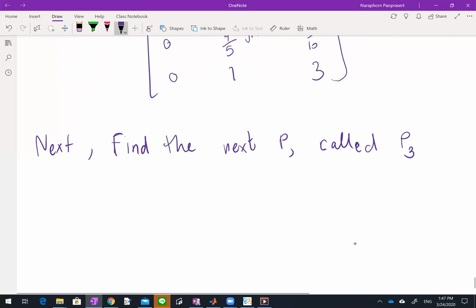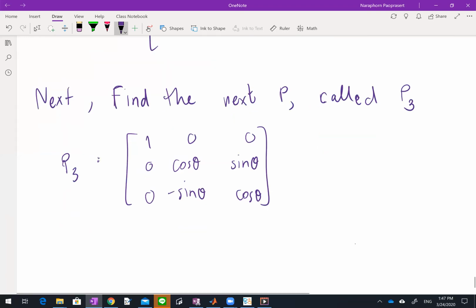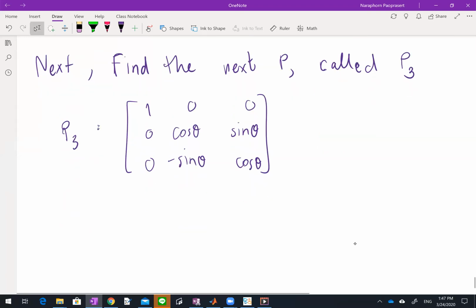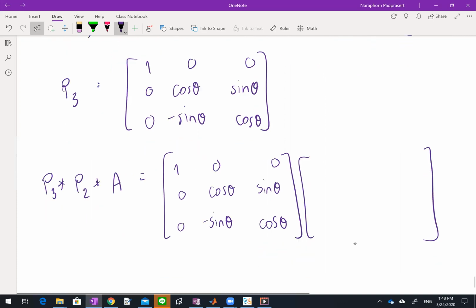For P3, the property is pretty much the same, starting with the identity matrix, but you move the cos theta, sine theta, minus sine theta, and cos theta down along the diagonal line. So once you have P3, then P3 times P2 times A is going to be 1, 0, 0, 0, 0, cos theta, sine theta, minus sine theta, and cos theta times P2A, which is what we just got,